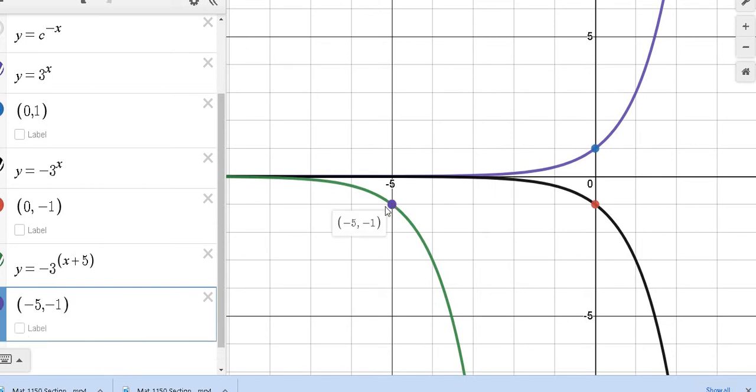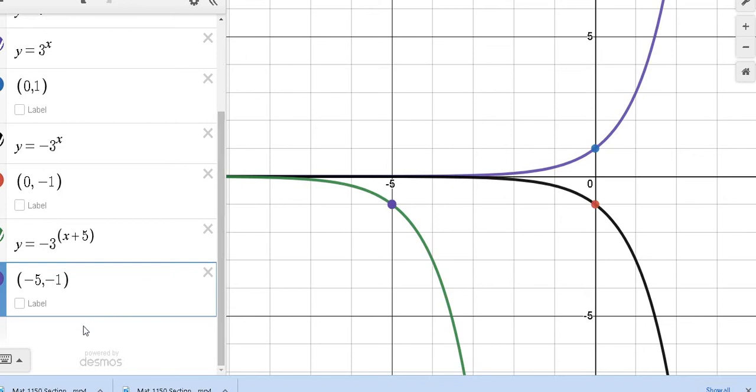For my Math 1150 class, which is intermediate algebra, I always make them plot that point. I'm like, okay, I want to know where that point goes. I regard it as kind of like the vertex of a parabola for exponential functions. But you can see exactly where that point goes. And it's a nice, easy point to plot.